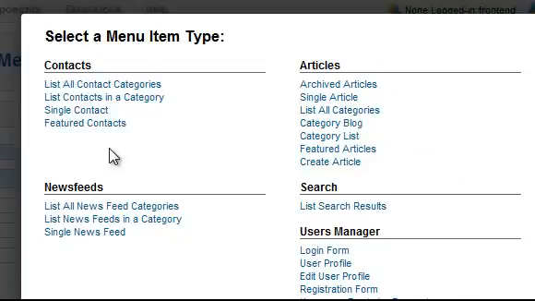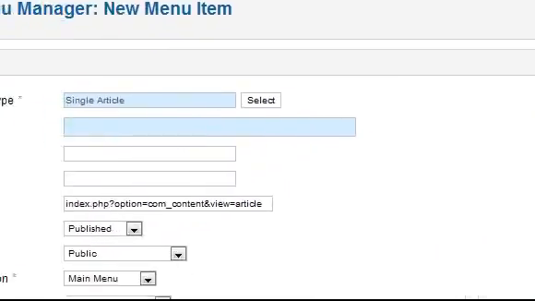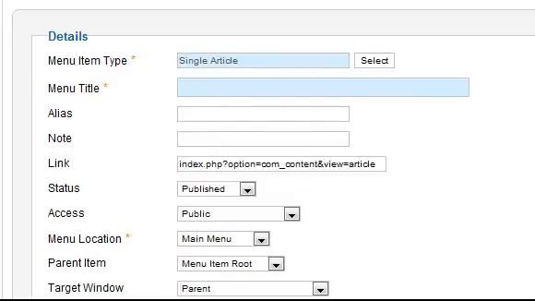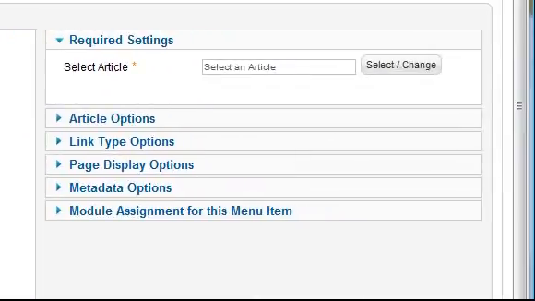You'll see that there are various link types that can be created, but you'll mostly use the options listed under Articles. To create a menu item that links to a single article, click Single Article. The pop-up window closes and you're returned to the Menu Item Entry page. Enter a title for the link. Then in the right column, choose the appropriate article by clicking the